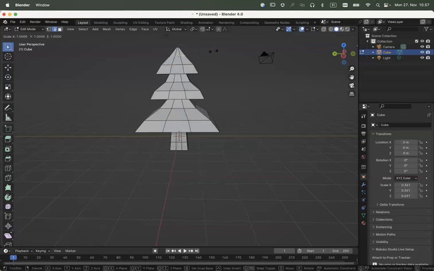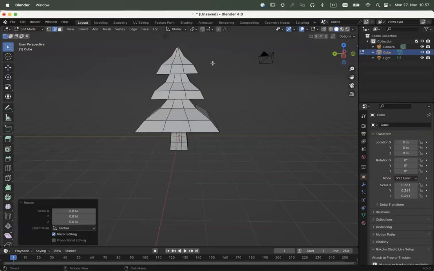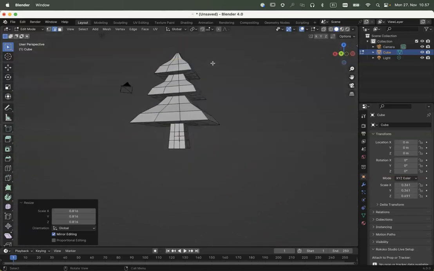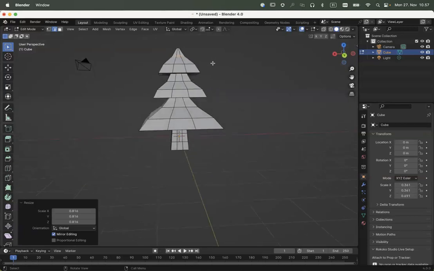And this one. So now it's a tiny bit bell-shaped. Looking a little bit more stylish than before. Okay,